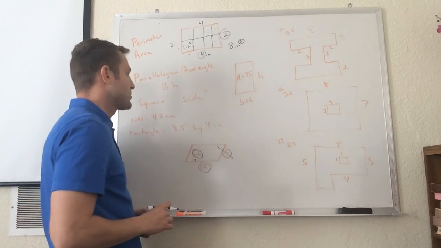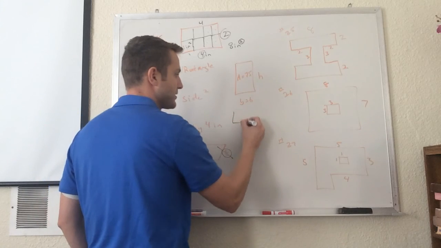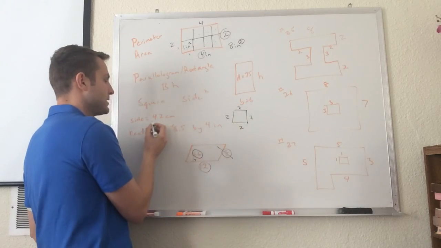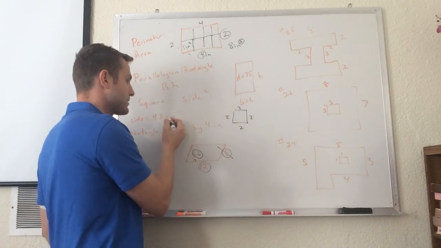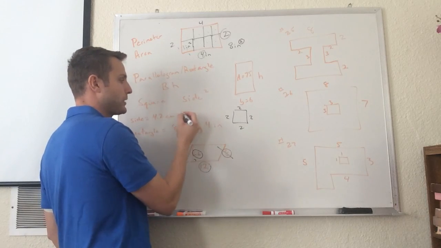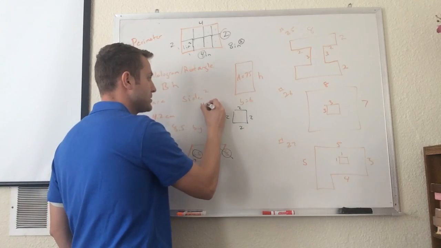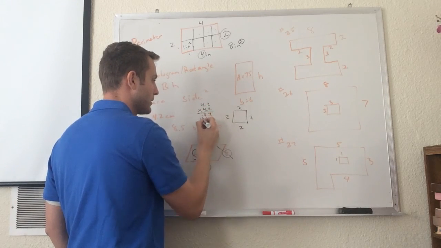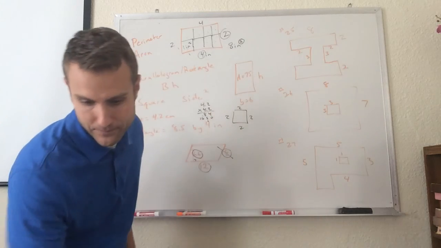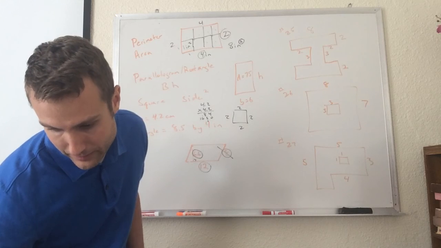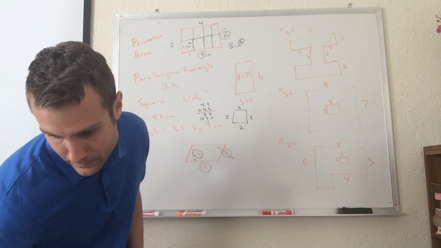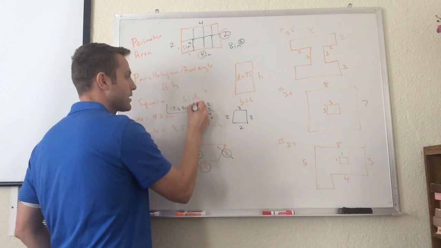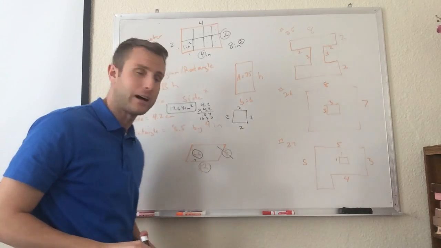If I'm doing a square, I'm just going to do whatever the side is squared, because all the sides are the same, right? So I'm just going to do base times height, so it's always going to be side times side. So let's say I have a square with a side of 4.2 centimeters. So if I want to find the area, I'm going to do 4.2 squared. That's 4.2 times 4.2. So my answer for that would be 17.64 centimeters squared. If you forget that squared, you will get half a point off,